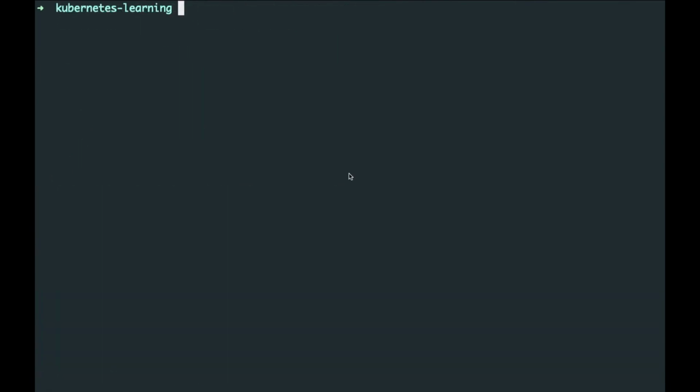Now let us create a deployment using kubectl create deployment. We can give a name. For team1, let us give the name nginx-team1. We can provide the namespace.